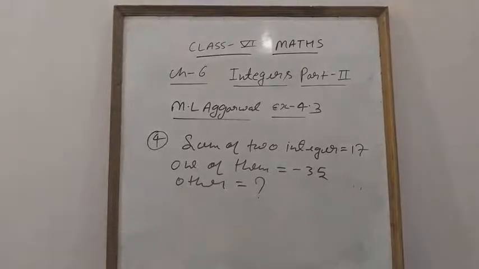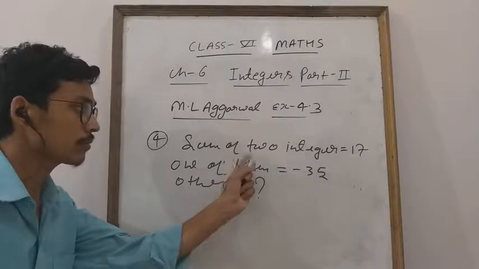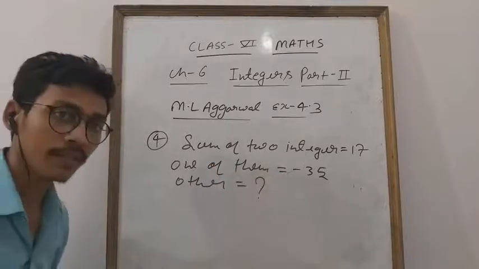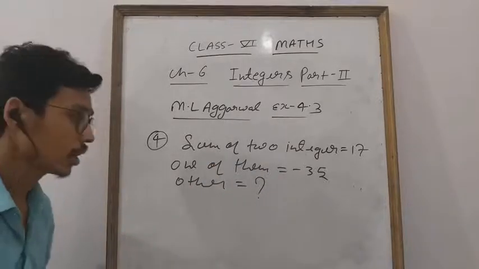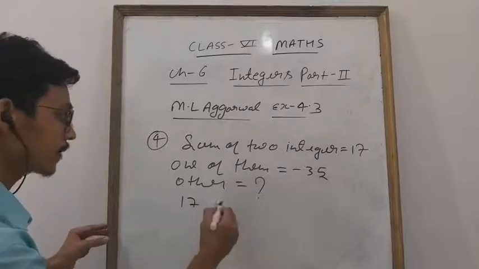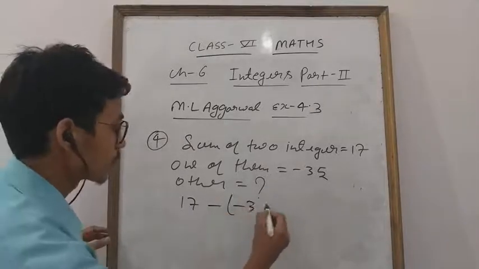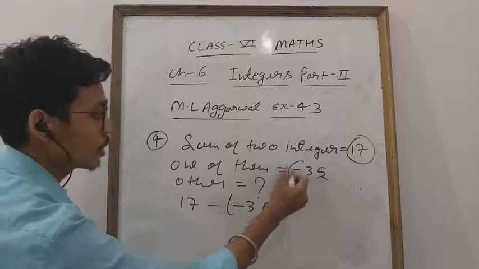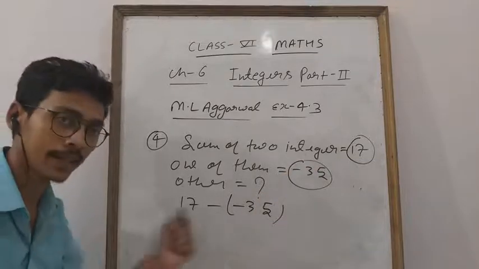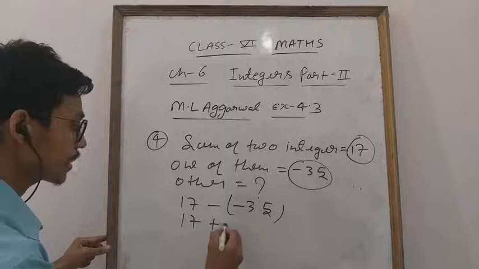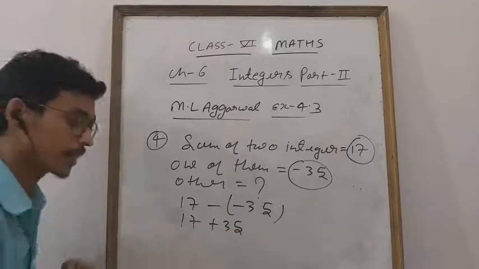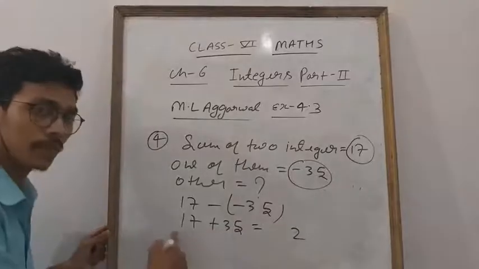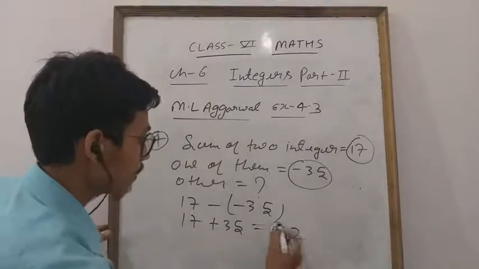So see, I gave a simple example, na. Ramesh has 20 rupees. Okay, so same thing. Sum of two integers, that is any two integers, the sum of two integers is 17. One of them is -35. One of them is -35. So for the other number what will you do? Only simple, 17 minus -35. Okay, everyone. Simply because the sum of two integers is given. One you know, how will you find the second? By subtracting. So 17 minus minus 35, that is 17 plus 35. Now 17 and 35, students. 7 plus 5 is 12. 3 plus 1 is 4. 4 plus 1 is 5. It means the second number is 52.